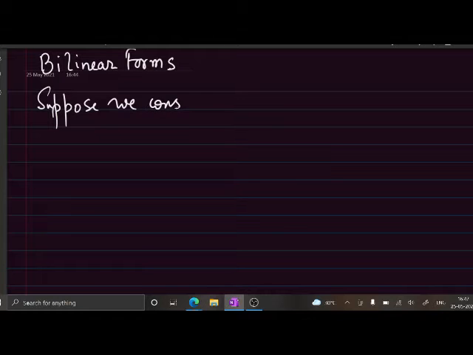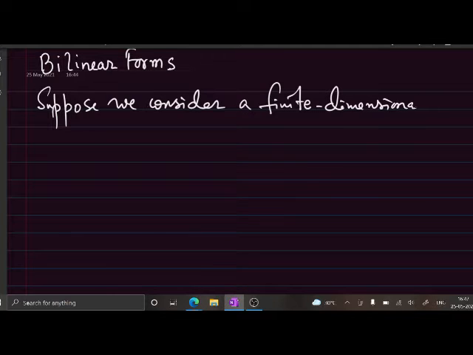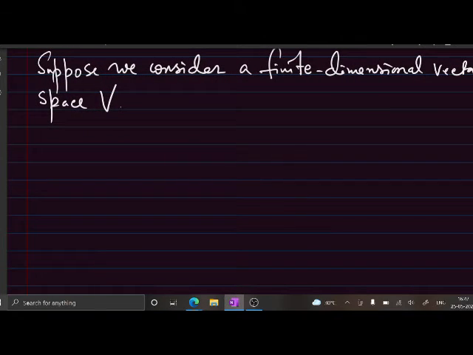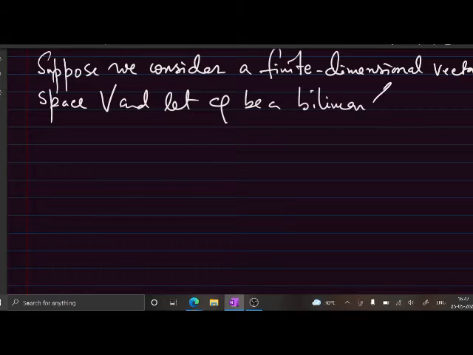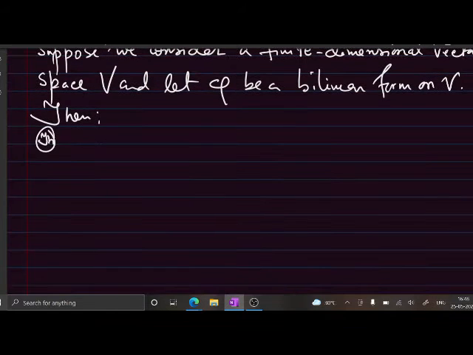Suppose we consider a finite dimensional vector space V. Then suppose phi is a bilinear form on V. Then one can have this result: phi is non-degenerate